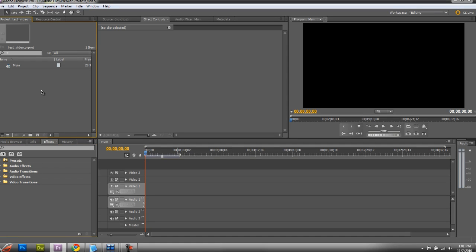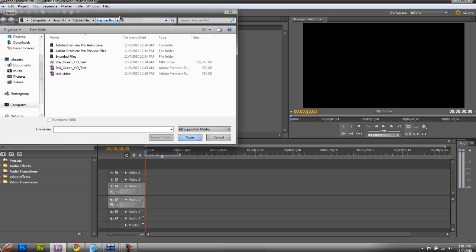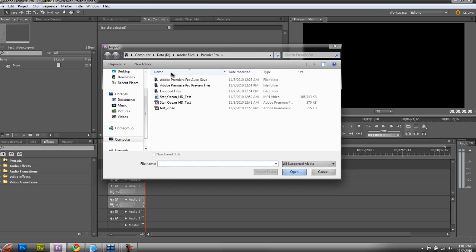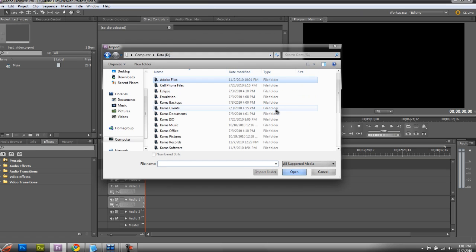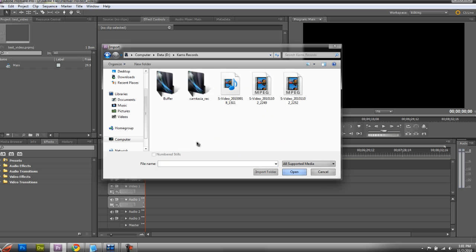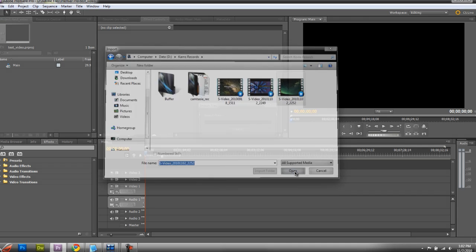So the first thing we're going to do is I'm going to import a file. So I'm going to go to import. All I did was right click and import. And I'm going to go to my records folder. And this is where I keep all of my recorded video. Now, I know that the one I was using in my video should be 252, so I'm going to open